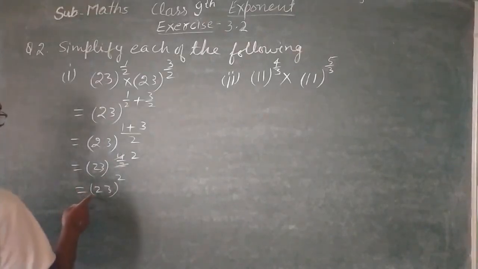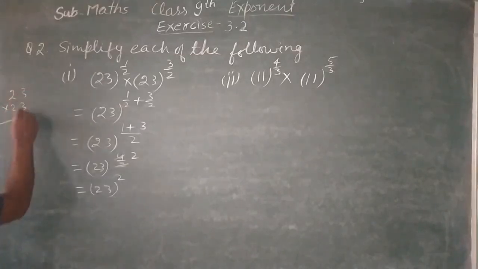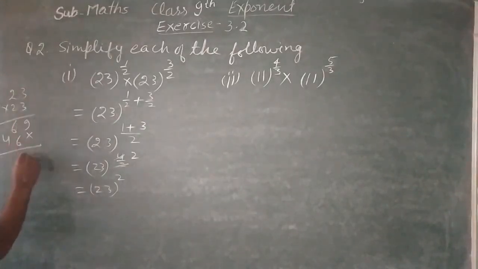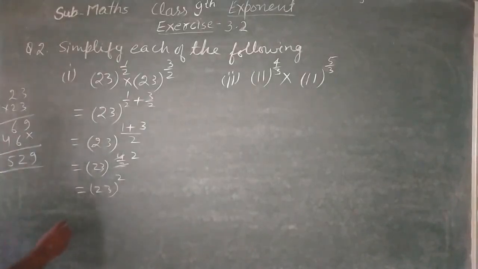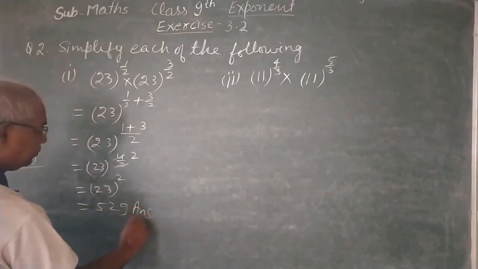So you can multiply 23 two times. So 23 into 23, what will happen? 3 3s are 9 and 3 2s are 6. And here 2 3s are 6 and 2 2s are 4. So you get 9, 6, 6, 12, 5 and 1, that is 4. So you can say it is 529 as your answer.